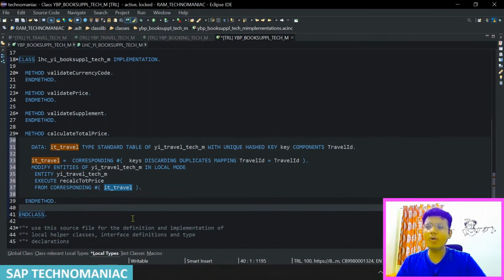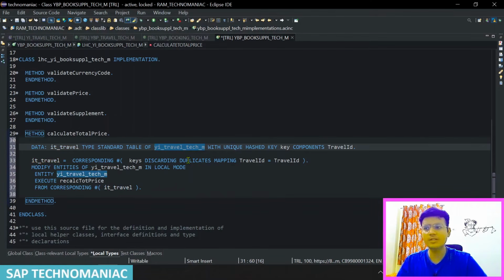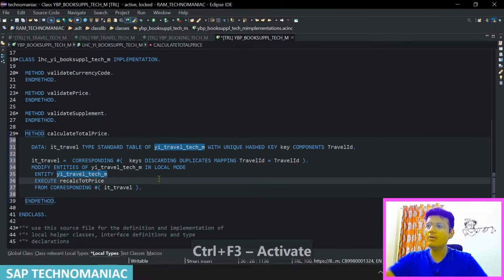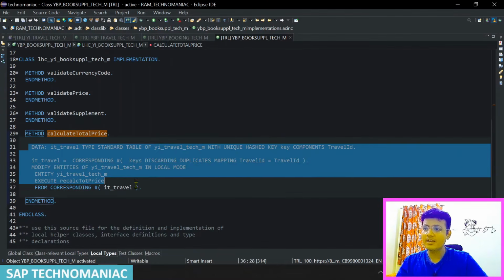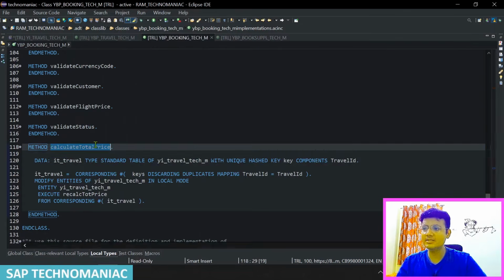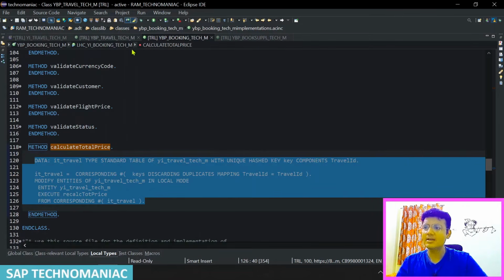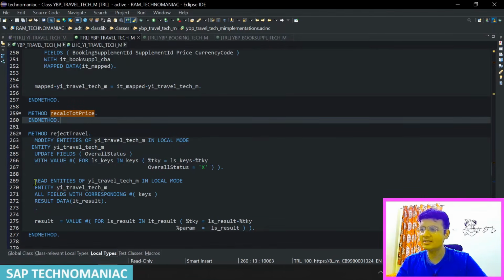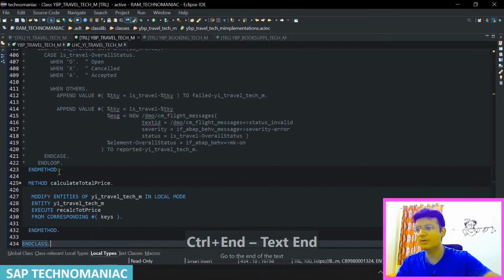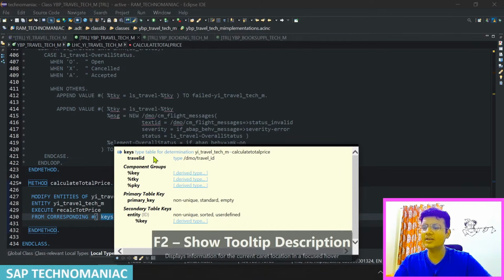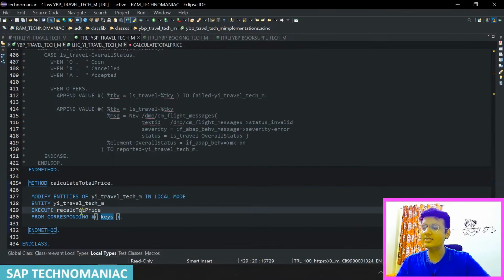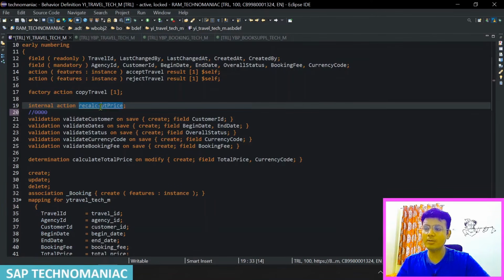But always try to use the entity, because in future if you want to use multiple keys for travel, and if you want to change that one, that will be useful. That's how we have implemented the calculate total price determination in our booking supplement class, booking class, and the travel class. Not this one, Control, and you will do this one in the travel class. Travel class is very simple, because in the key fields only the travel ID is a key field. Now let's implement this recalc total price